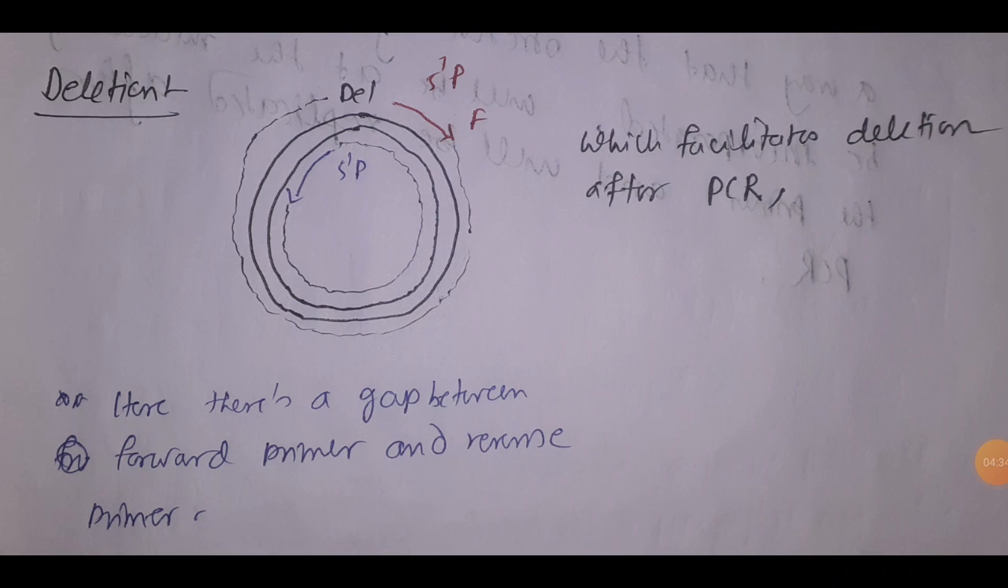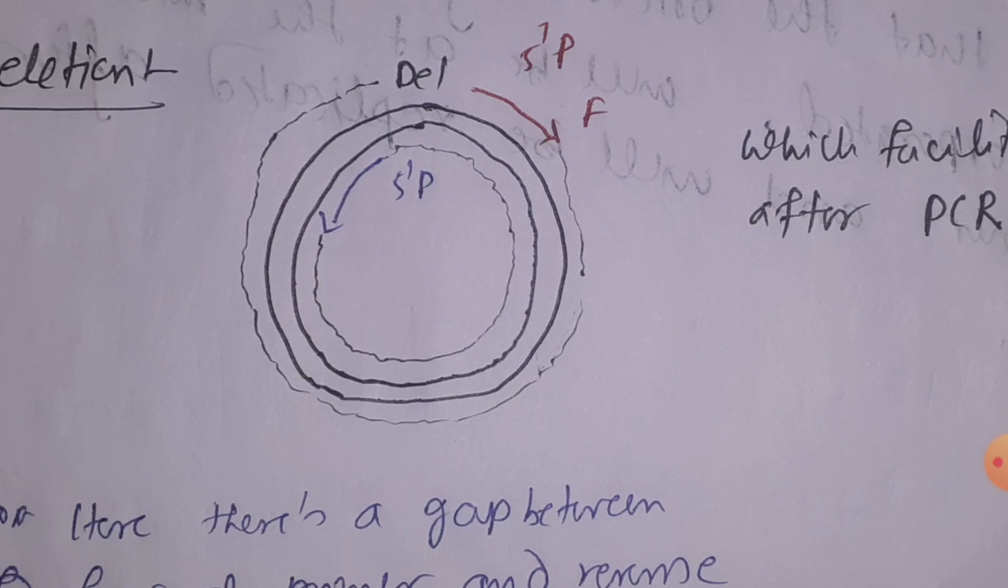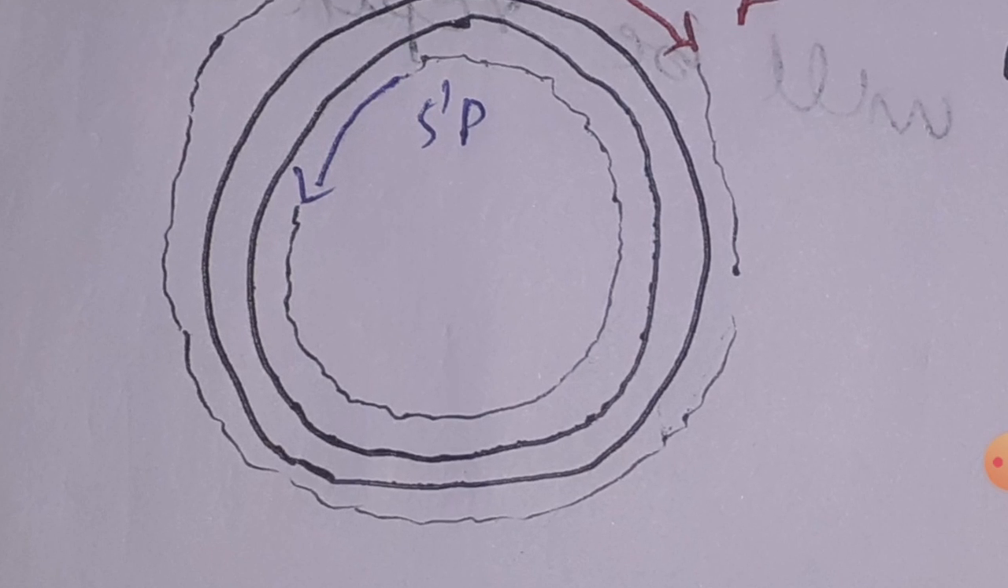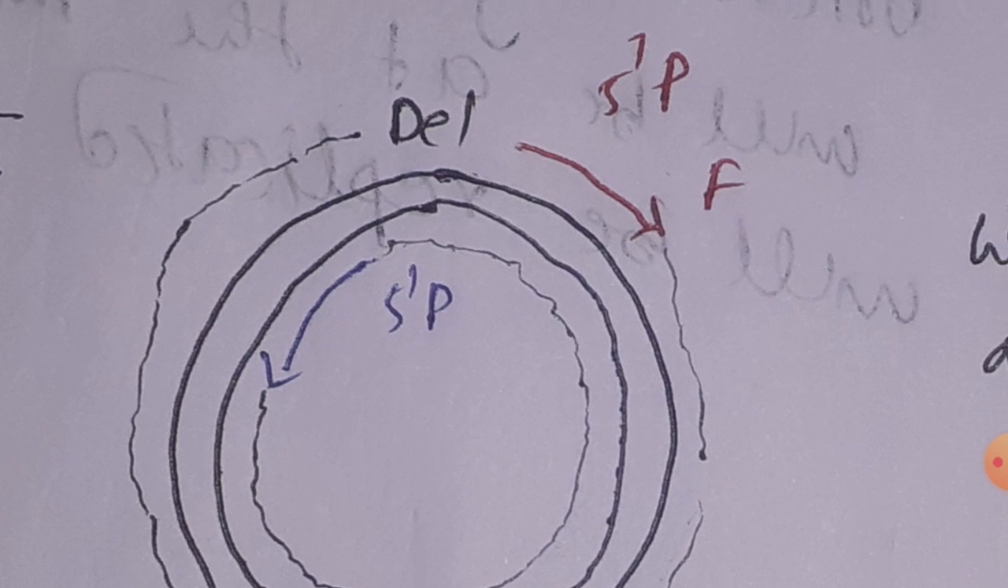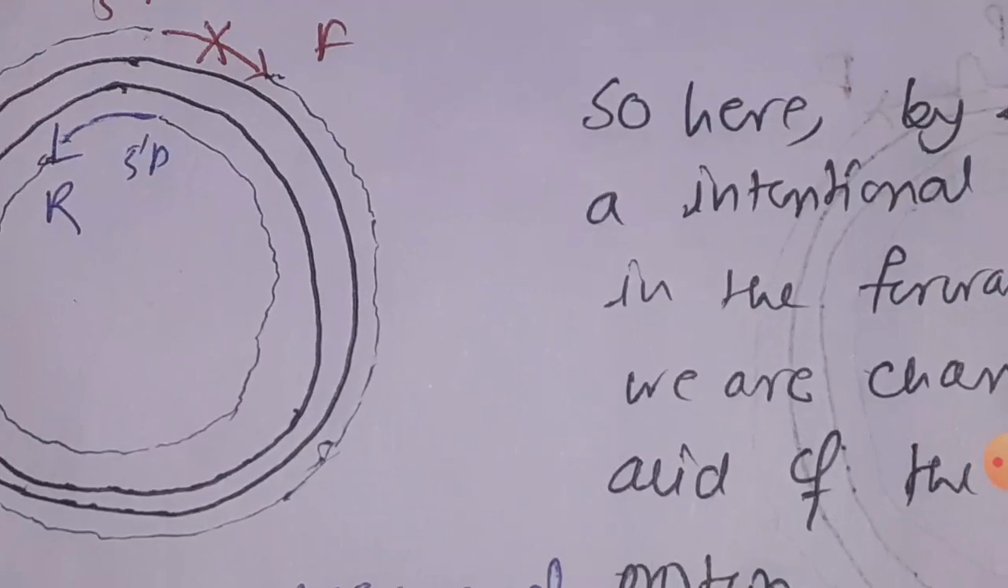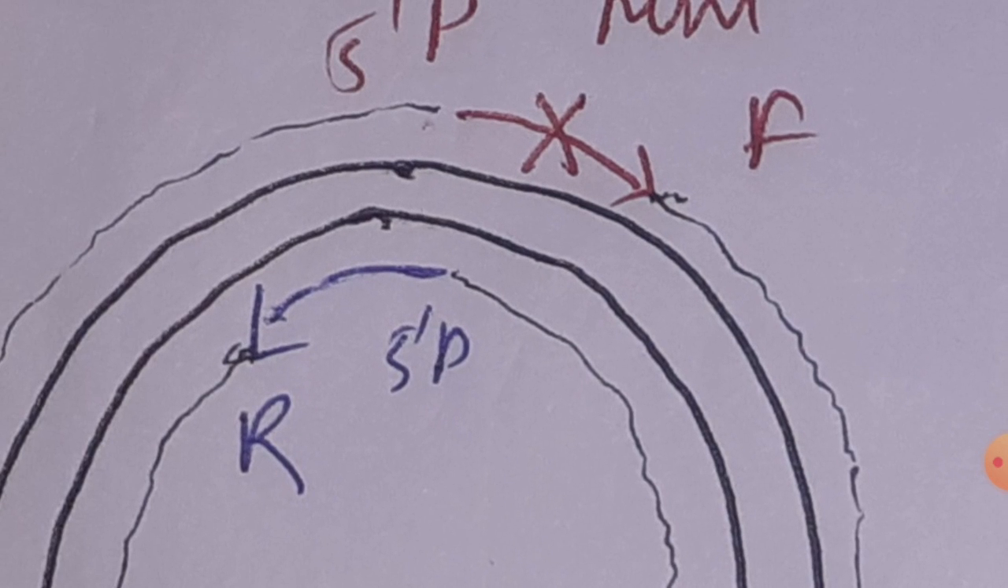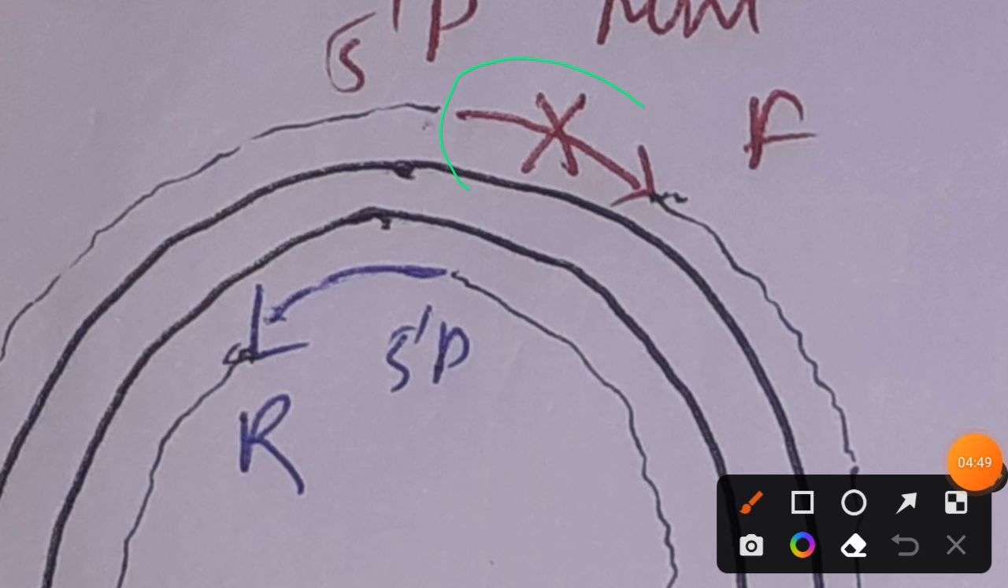So that is the deletion. We have not talked about deletion yet in previous video lectures, right? So here the idea is very simple, if you focus on the picture. If you look at the picture, the forward primer and the reverse primer are incorporated